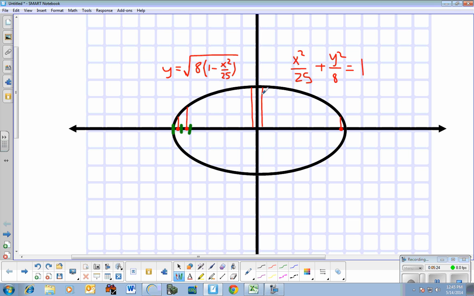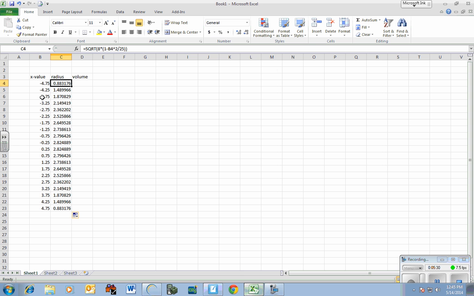They're the same. So what we have right now is the radius for each shell. No, I shouldn't say shell, for each slice. Now let's say that my slices are going to be semicircles, because I know a lot of groups are doing that. So what I want to do now is program this cell to give me the volume of a semicircular slice that is 1/2 of a centimeter thick, because the foam board you're using is 1/2 a centimeter thick. So I'm going to set it equal, because I'm programming it. 1/2 pi r squared is the area of a semicircle. Pi r squared is a circle, so 0.5 times pi,